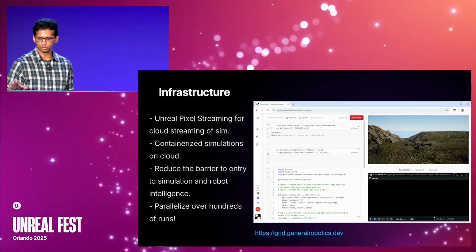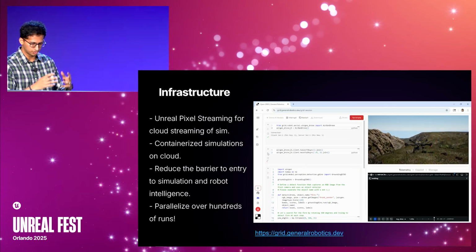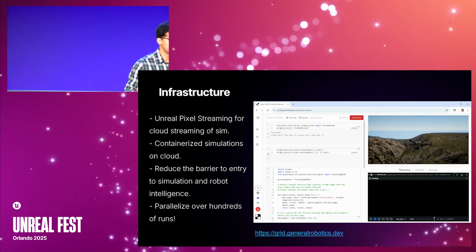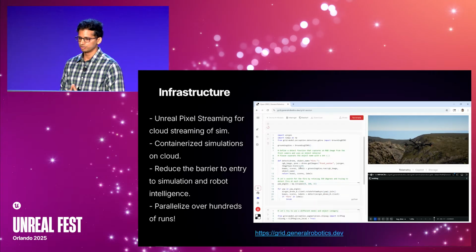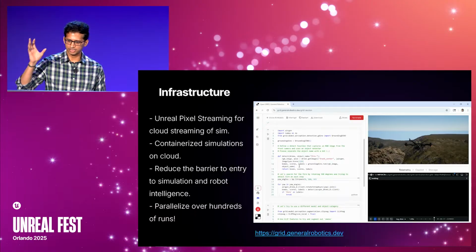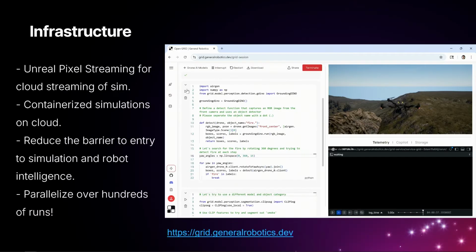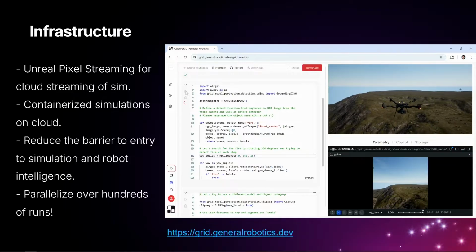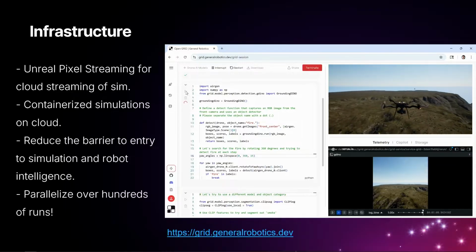So this is actually a video of Unreal Engine running a drone simulation. This is a synthetic forest fire detection scenario. There is a world in Unreal that uses Niagara to simulate, you'll see that shortly, a synthetic forest fire. And this is a very interesting problem in industry right now. How do you leverage drones to detect and inspect fires? What this is doing is there is a containerized Unreal sim in the background on some cloud VMs. This is the front end that the user will see, which is all very high level and easy to grok.